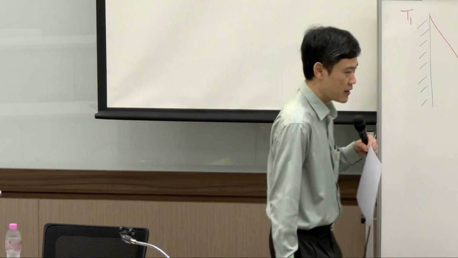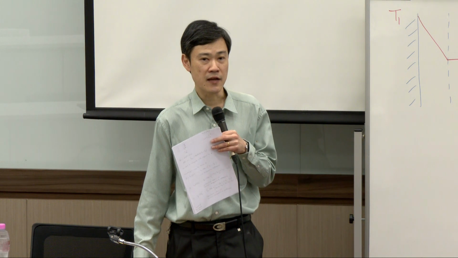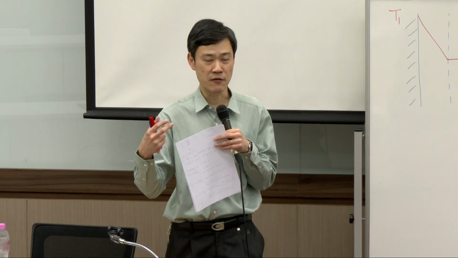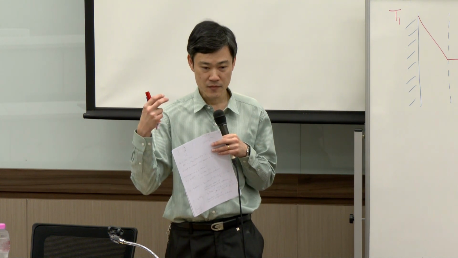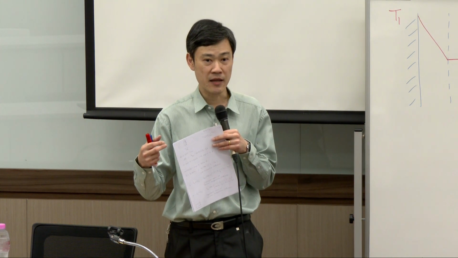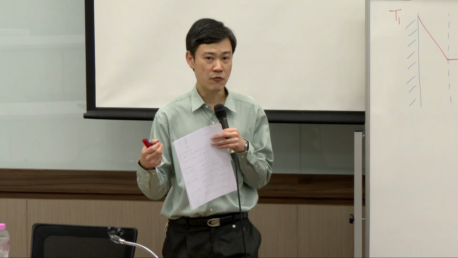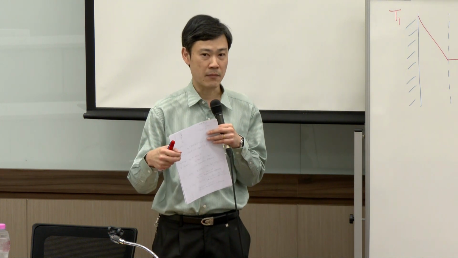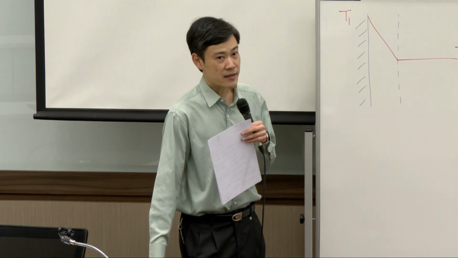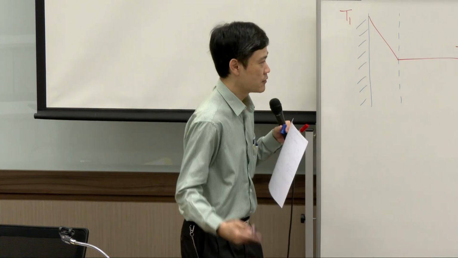This part is similar to the interface that we studied in the momentum part, in the sense that during that time we defined the friction factor, so that it can be incorporated into the macroscopic balance and the calculation can be done easily. But the friction factor itself is determined by the microscopic balance. In the same manner, for the energy balance, to make calculation easier at the macroscopic level,